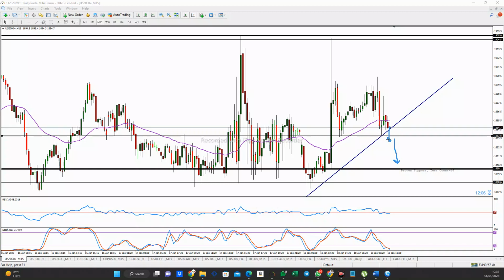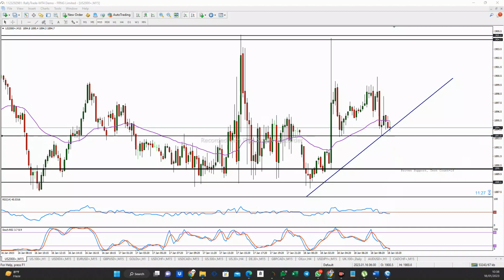If price is able to break below this trend line, break below this price level. Now I put this price level here because some people don't have this indicator, but I won't be doing that every time. Just get this indicator and it will be easy for you. Do you understand? So now if price is able to break and close below 1893.8, on the next candle check if it's going bearish. If there's bearish pressure downwards, then you enter your sell and take your profit at this proven support, which is around